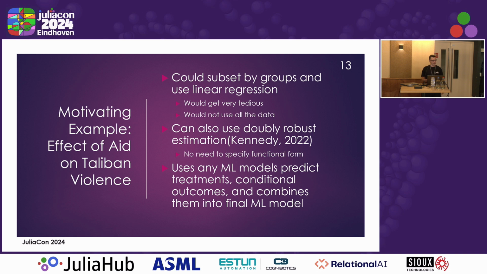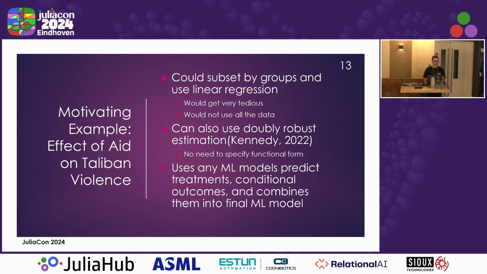And so again, a machine learning based approach is not the only way we could do this. What you could do, maybe if you want to look at heterogeneous treatment effects across, say, Pashtu versus non-Pashtu villages in Afghanistan, you could just subset those groups, estimate a linear regression for each of those groups. This would get really tedious really fast, especially the more covariates you have. And also in terms of statistical power, it's going to get really degraded really fast because you're going to be splitting the data up further and further, and you're going to be throwing away a lot of information. So it's really not ideal.